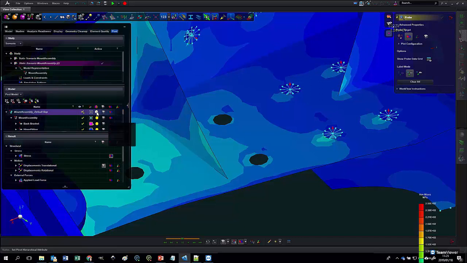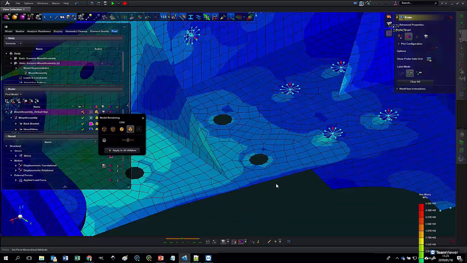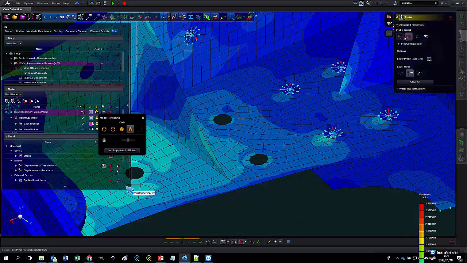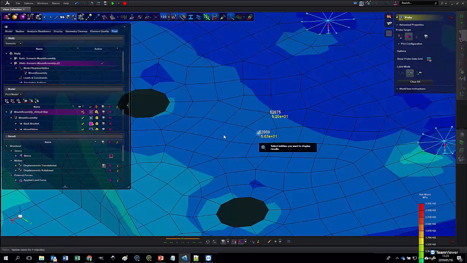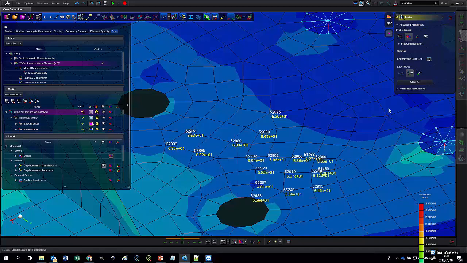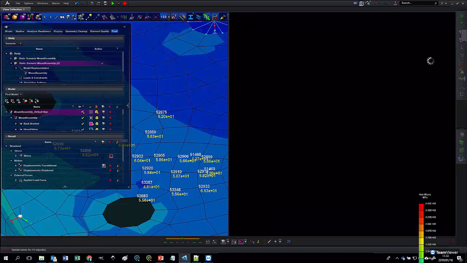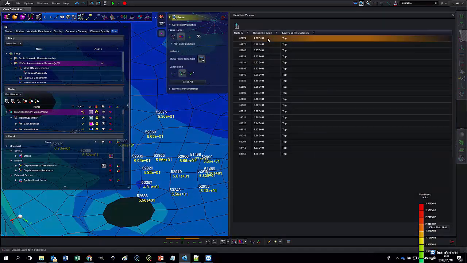And let me just change the rendering so that we see the element edges. So with the probe target set to the fringe values and labels, we can come in and pick nodes. Now, if you just hover over a node, the value will appear, but once you've clicked it, it will actually stay on the screen, and everything that you've selected will become visible in this little table over here,